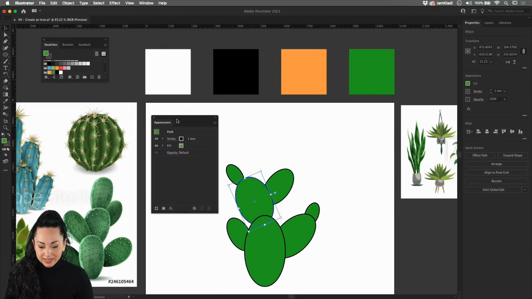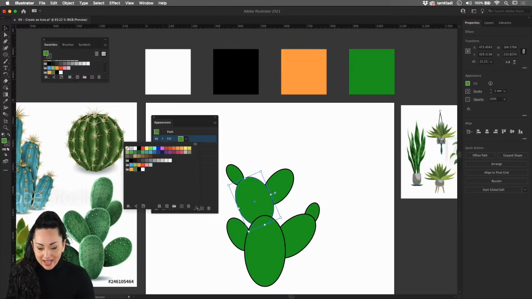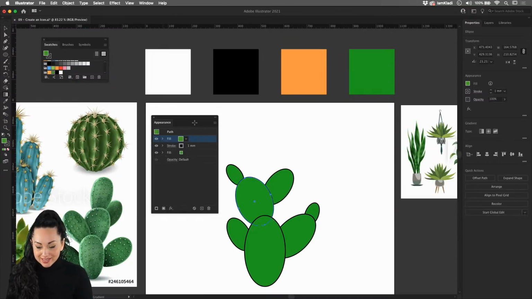And even if we already have a stroke and a fill, we can click on the Add New Fill icon at the bottom of the Appearance panel in order to add a new fill. From there, click on the down pointing arrow, and you can select any particular color you want. Or if you wish, you can press the letter G in order to access the gradient. And once you do so, the Properties panel will bring up the gradient options.